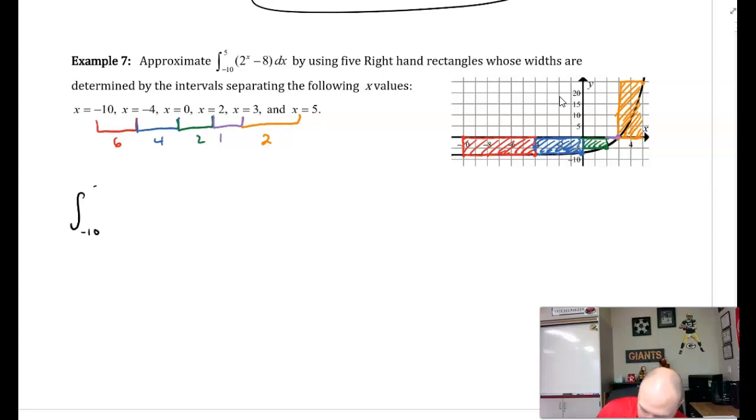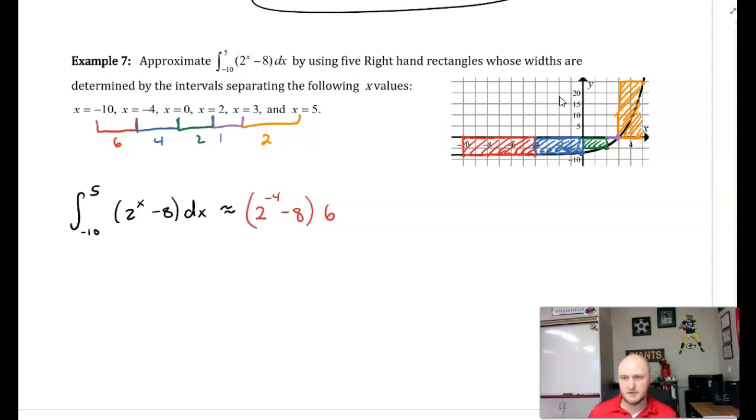The integral from -10 to 5 of 2 to the power of x minus 8 dx is approximately, so my first integral, that is going to be 2 to the power of -4 minus 8, multiplied times the width, which is 6, plus, now I have the height is going to be 2 to the power of -4 minus 8 times the width of 4,